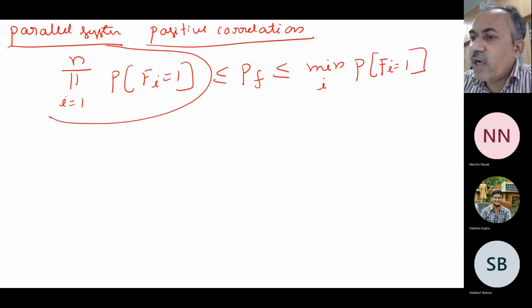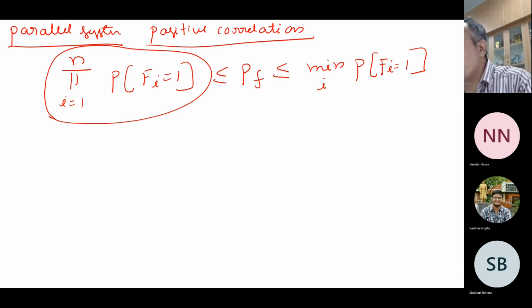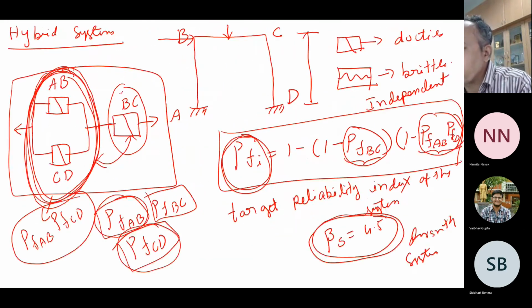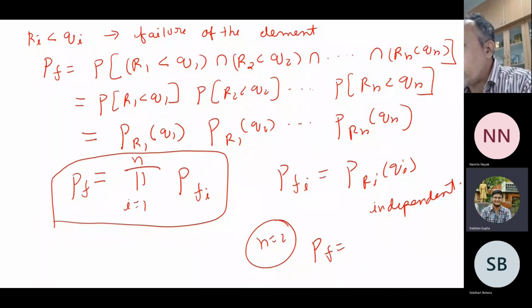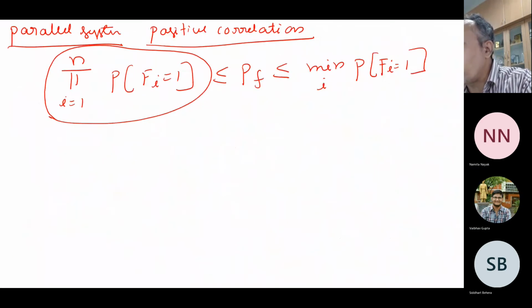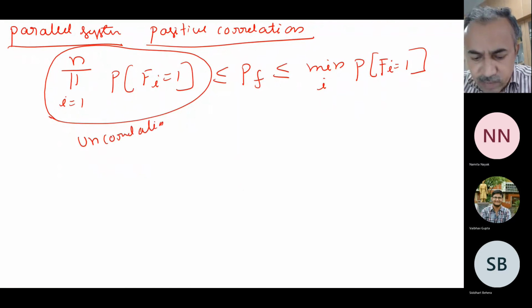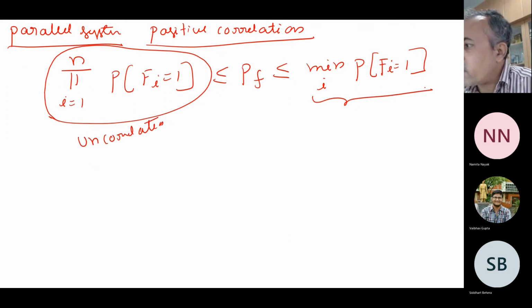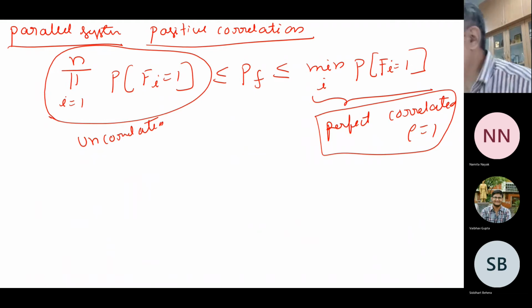Now how did we arrive at this expression for the series system and the parallel system? When they are uncorrelated, independent, it is reverse, you followed, right? There it is happening. So we got this as the uncorrelated case. Now this is the perfectly correlated case. Perfectly correlated means rho is equal to 1 basically. You followed. So these are the bounds: for correlation and uncorrelation, you have the bounds this side, that side, and you can easily calculate.